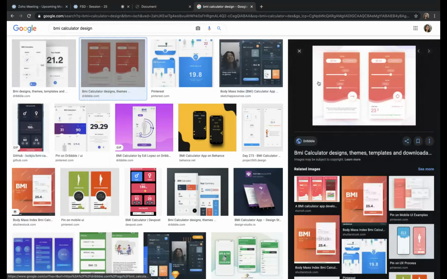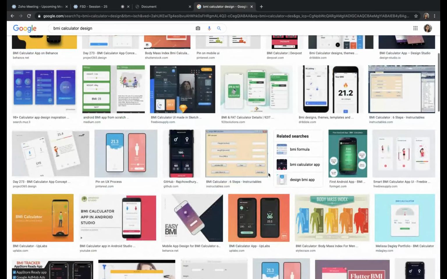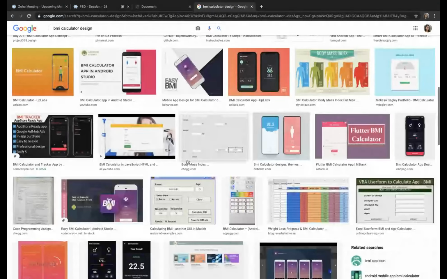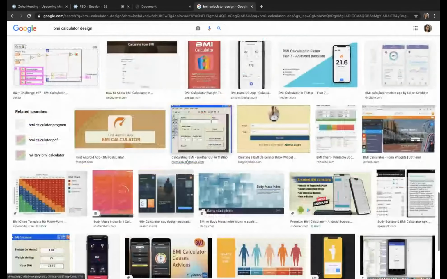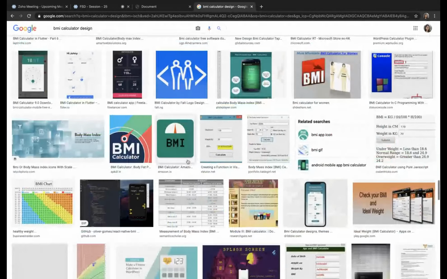See, we can do like this also, where we select the range with a slider, but we need to know jQuery or those things for that. We can check other designs. We can take one simple design and then do it.